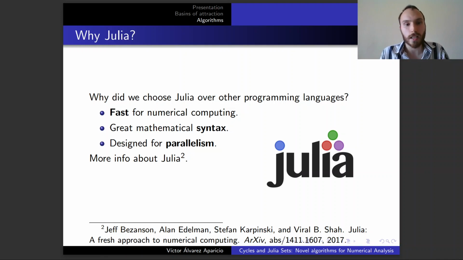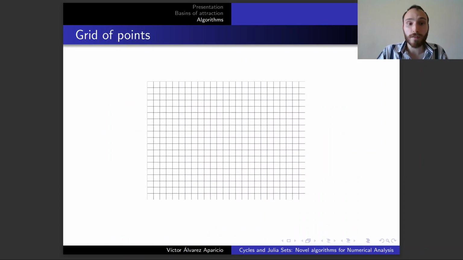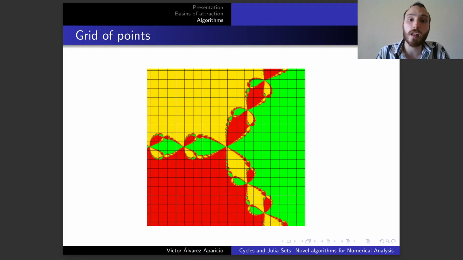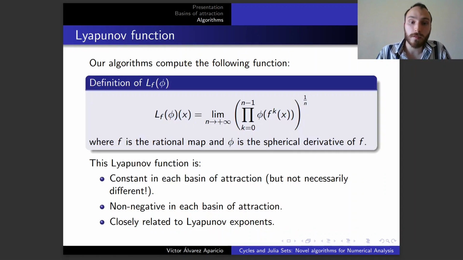Let's summarize the main ideas behind our algorithms. First, we shall take a rectangular grid of points representing some region in the complex plane. Our goal is to determine which basin of attraction each point belongs to. In order to do this, we use topological concepts that allow us to avoid overflows and other numerical problems that one might encounter with this kind of algorithms. Thanks to this topological approach, one can also work with a neighborhood of the infinity point, as we have seen before. Our algorithm computes a function in order to work, called a